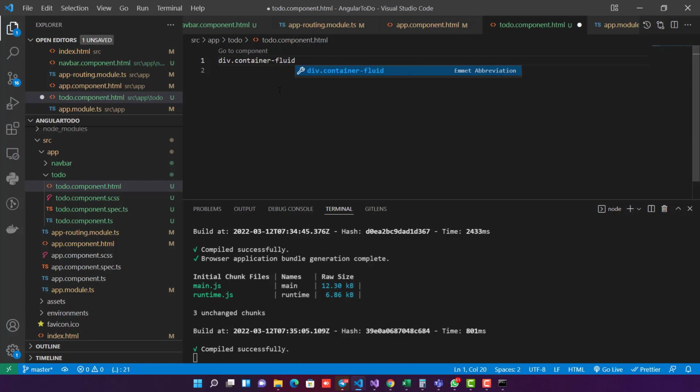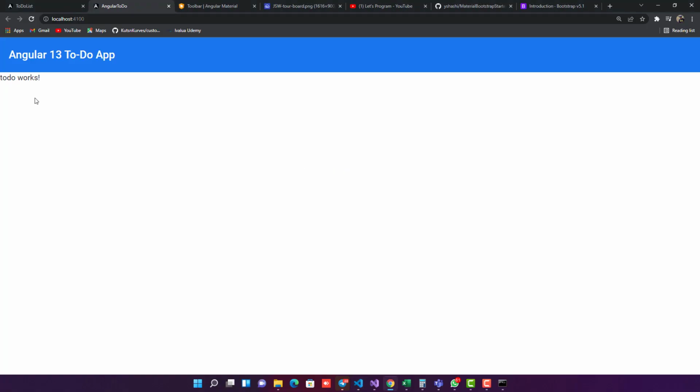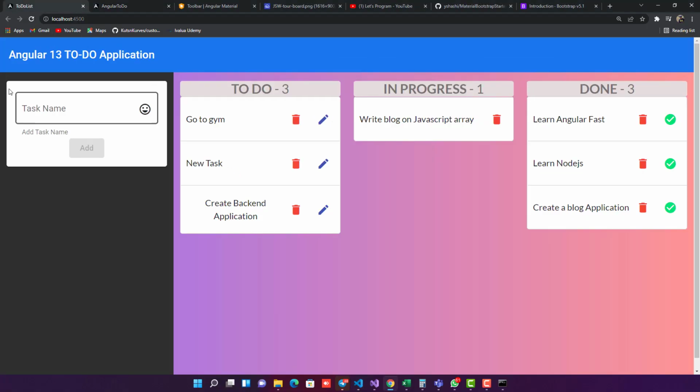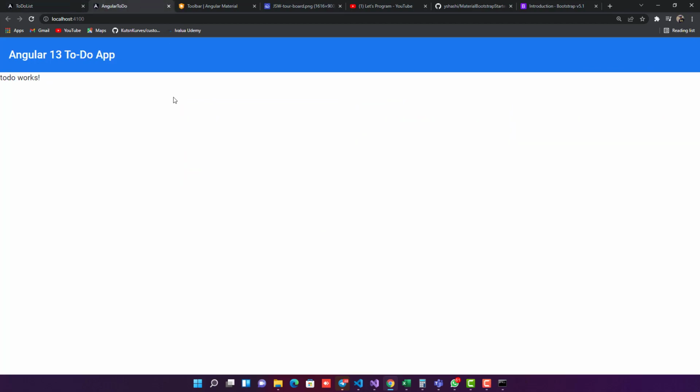Okay, so this is the Bootstrap class container-fluid. Inside that I will have my row. Inside the row I will divide this section into two parts. So one part is for this one and the other part is for this one. So for that I will be using the